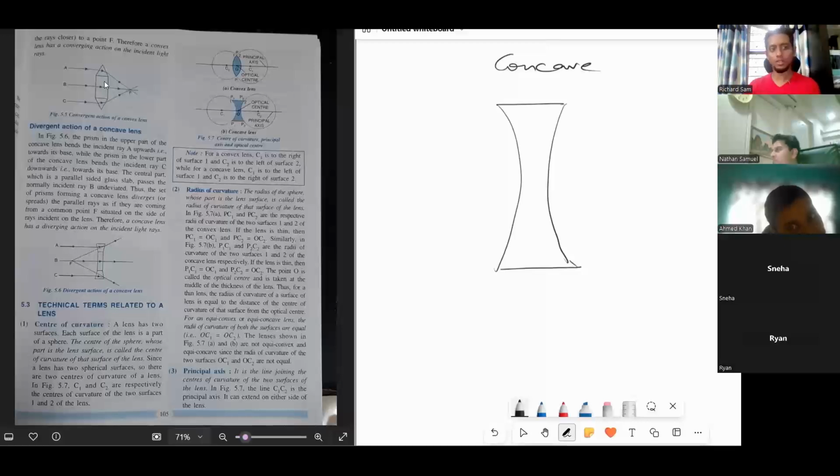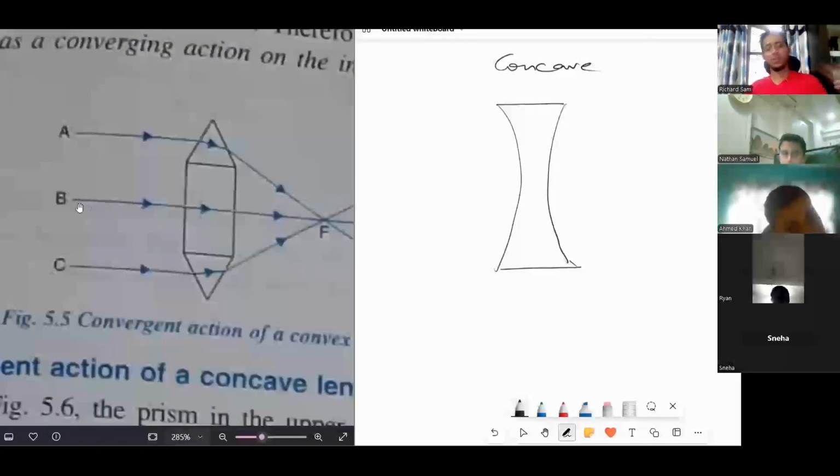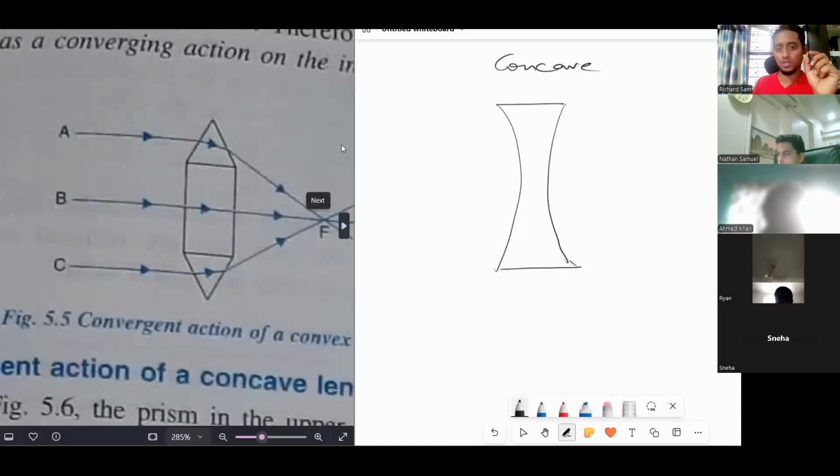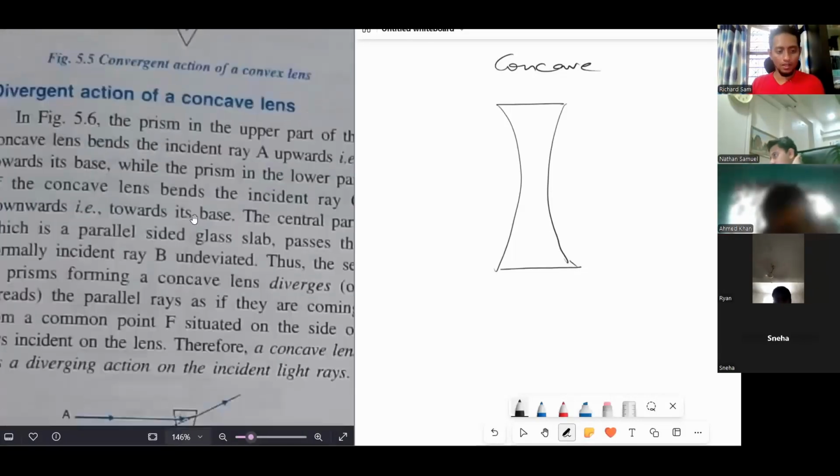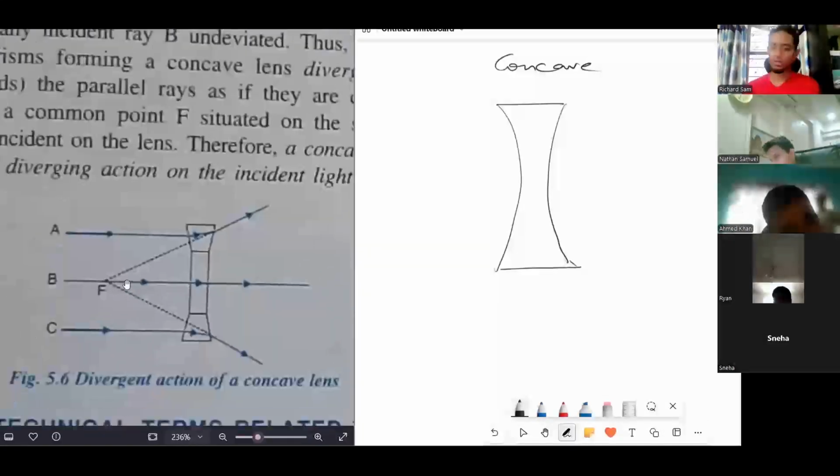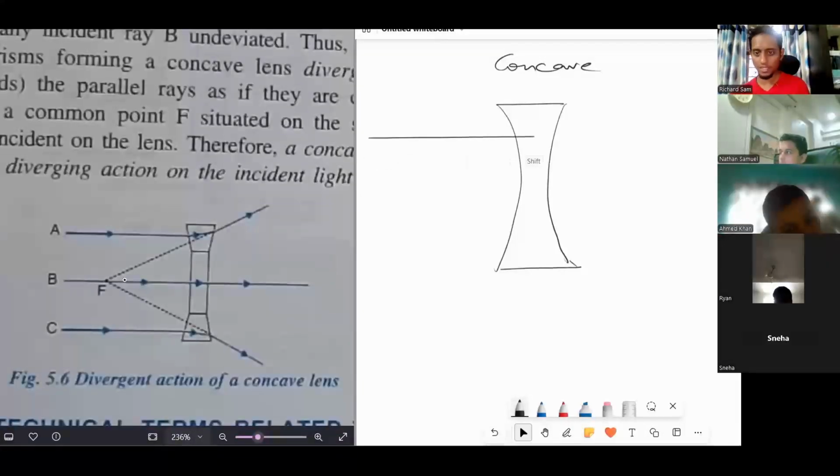see in your book, instead of drawing one ray from one point source, they're drawing three different rays parallel to each other. And we can see that all these rays will meet at this one point. What do we call that point? We call it the focus. Now, this is what happens to three parallel rays of light when we see a